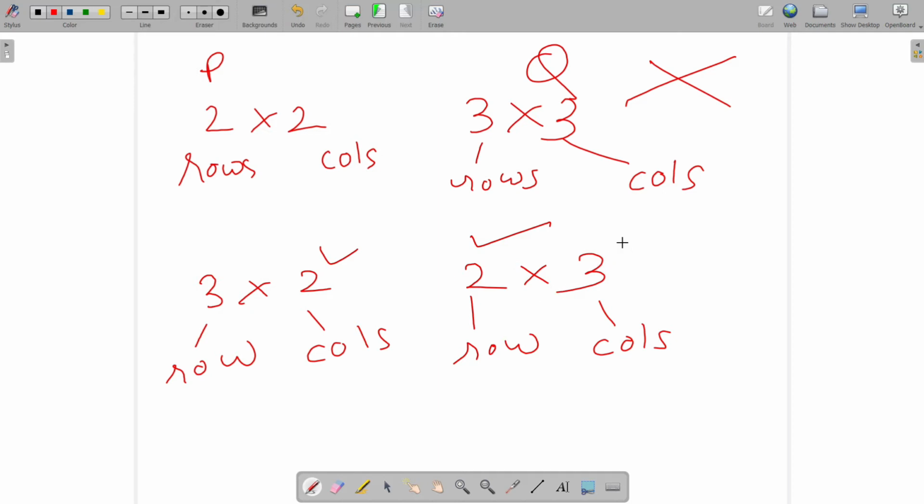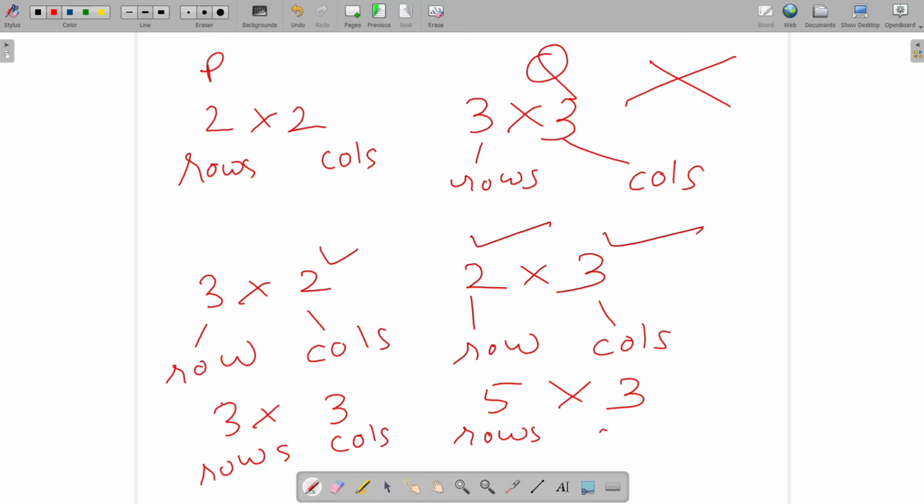Now for example, let's say we have 3 into 3 and 5 into 3. So this is rows, this is columns. The number of columns in one matrix is equal to the number of rows in another matrix, so we can check it vice versa also. So this is also possible.